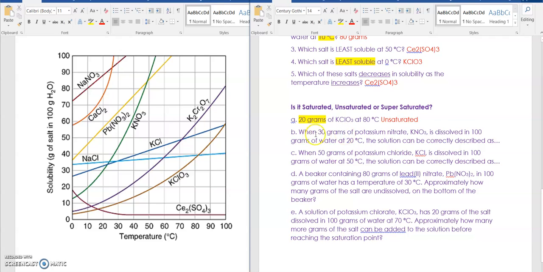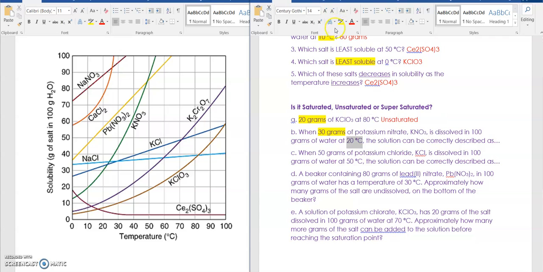Letter B says when 30 grams of potassium nitrate, and it tells you the chemical formula, is dissolved in 100 grams of water at 20 degrees, the solution can be correctly described as this. I want to point out that this question is asking the same thing as question A. It's just more wordy. It just has extra words in there, giving you more information in a different way. But it's asking you the same things. It's saying there's 30 grams of potassium nitrate being put into the 100 grams of water at this temperature,